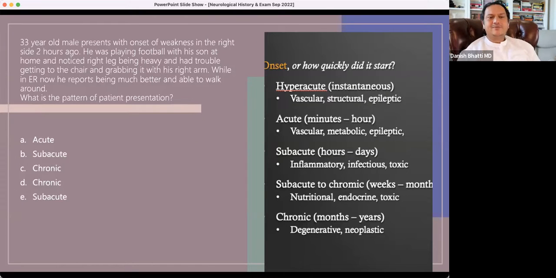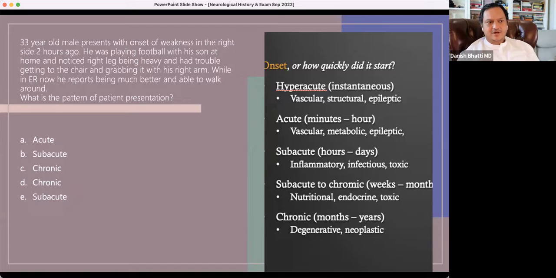Subacute to chronic will be something that takes weeks to establish. So patients started noticing problem 3 weeks ago, and now they're presenting because it's gotten so bad. So it took 3 weeks to become this bad at presentation, and that will be either nutritional, endocrine, toxic, and sometimes even metabolic. And then chronic is something that is going on for months, either stable, either slightly progressive,